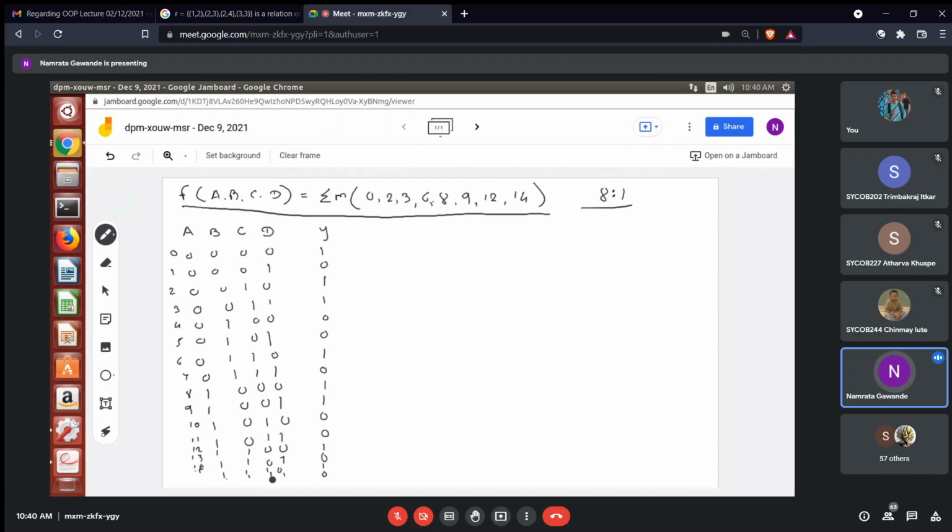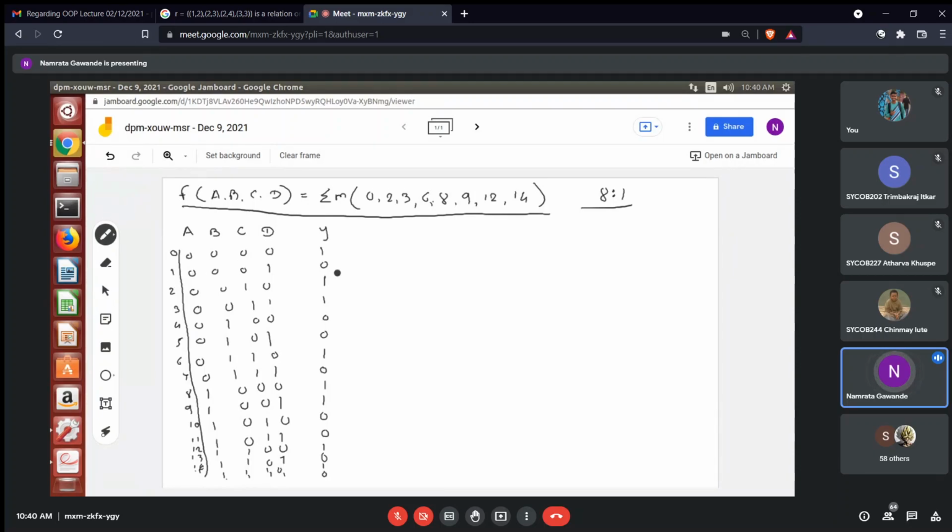Now, what do I need to do? This is the simple truth table, and we have written these ones and zeros in the output based on which min terms are present. Whatever the min terms present, for those you have to write a 1, the output is 1. For the others, the output is 0. Now what you have to do here,